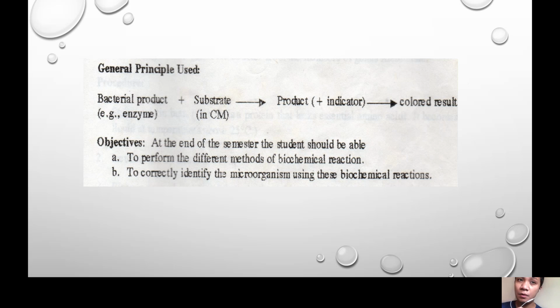your enzyme, or their metabolic end products they produce, on which they try to react with your substrate provided here by our culture media. That's why you just need to inoculate your bacteria on your culture media containing the substrate, and then your bacterial products are allowed to react on that. In order for you to detect the biochemical reaction, you need to add your indicator. That's why we identify this reaction as either a color reaction or some possible reaction.